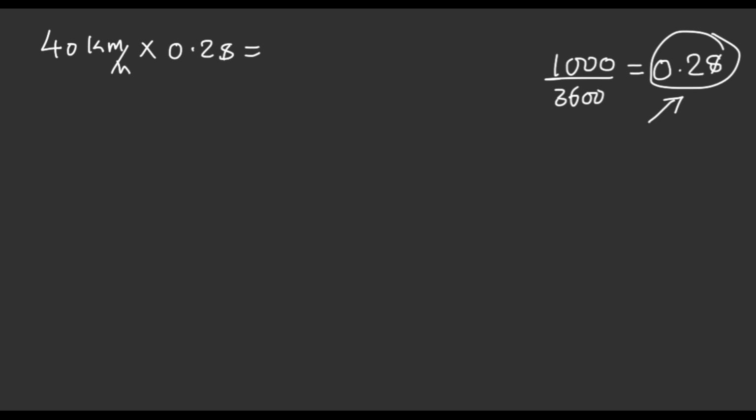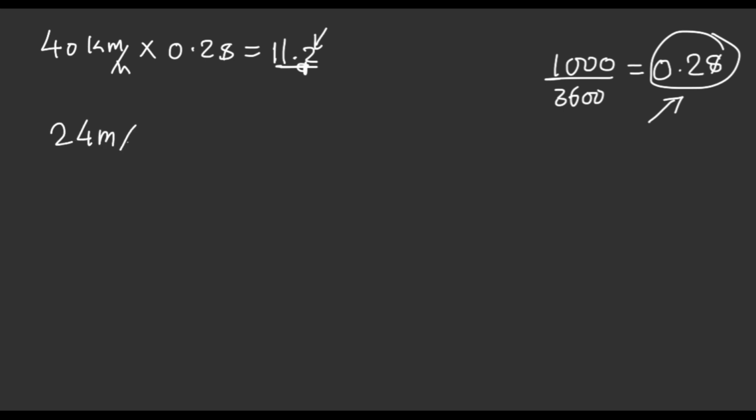So let's say 40 multiplied by 0.28. So I'm getting about 12.2. Now the reason why is because I've just rounded off the number, but we can see that we are almost there. Then for the other one,